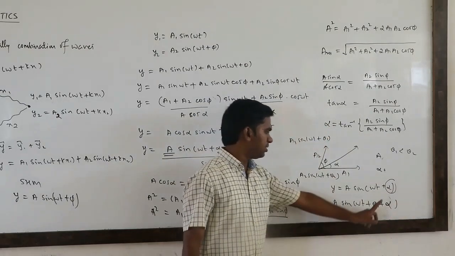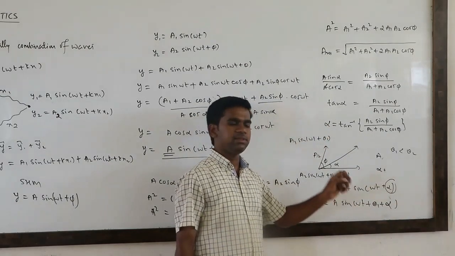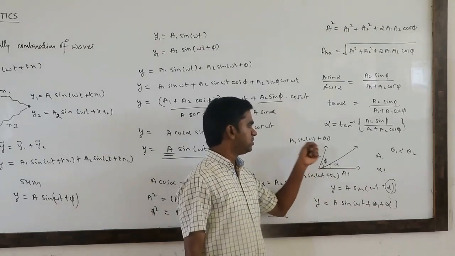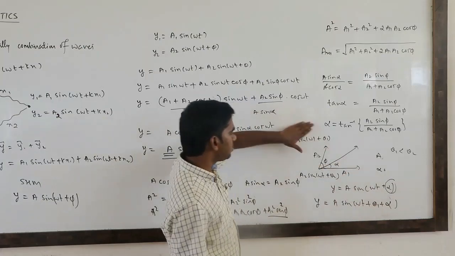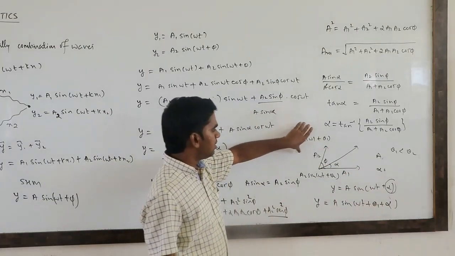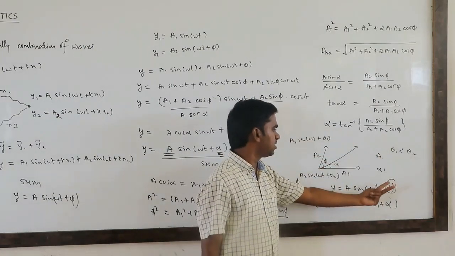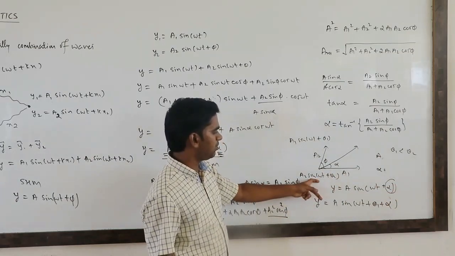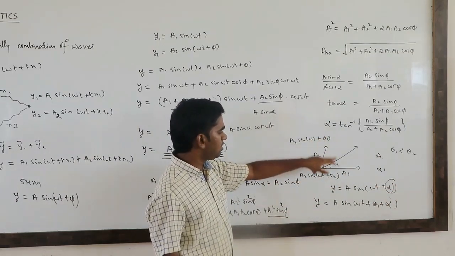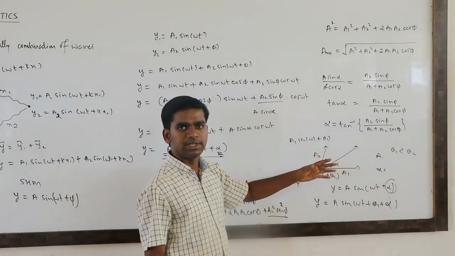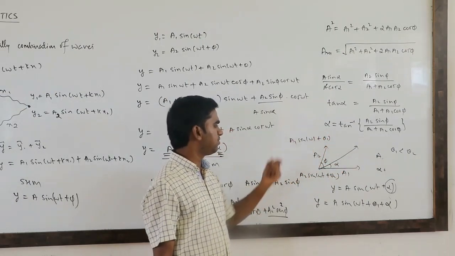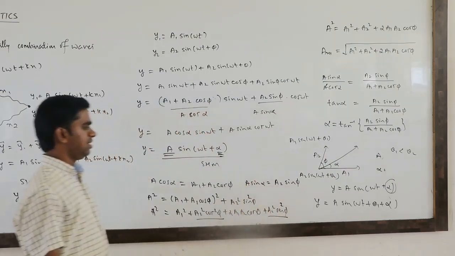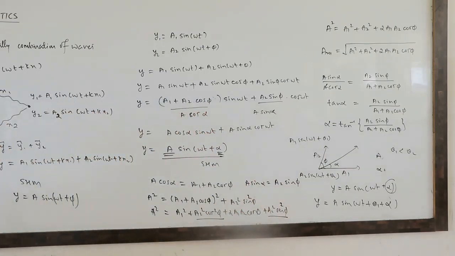I hope you are getting it. The alpha is going to add with the wave equation whose phase is smaller. Here theta 1 is less than theta 2, so we add alpha to this wave equation. And if theta 2 is less than theta 1, then alpha is going to add with the other equation. You have to write theta 1, theta 2, or pi 1, pi 2 also. It is going to add with the initial phase of the wave equation whose phase angle is smaller. Okay, this is how we can get the resultant wave equation.